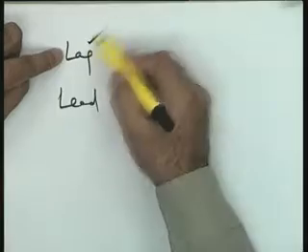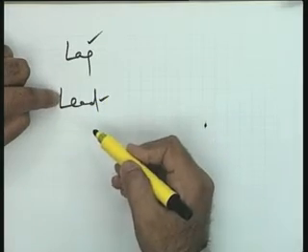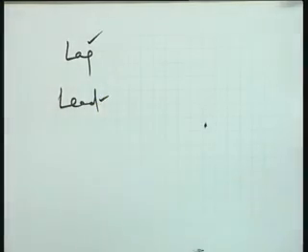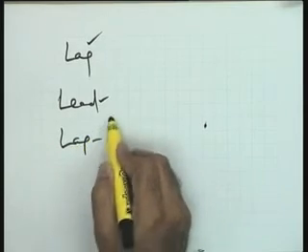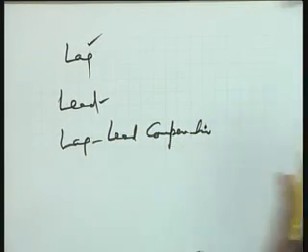Now you tell me, please see a situation where transient performance is not satisfactory and the steady state requirement is not satisfied when the phase lead compensator has been designed. What will you do? What is your clue to that? You put a lag in cascade. That is, you go for a lag lead compensator. You first design a lead compensator.